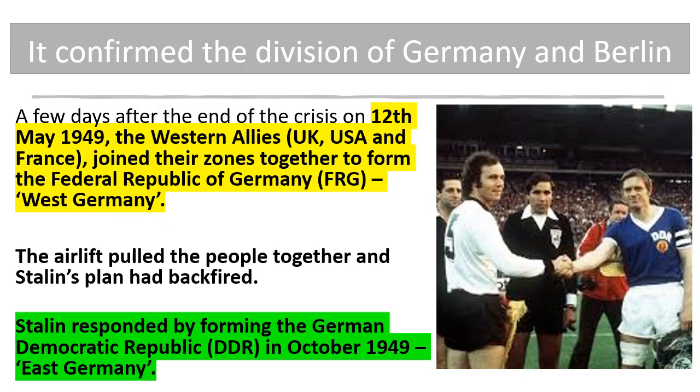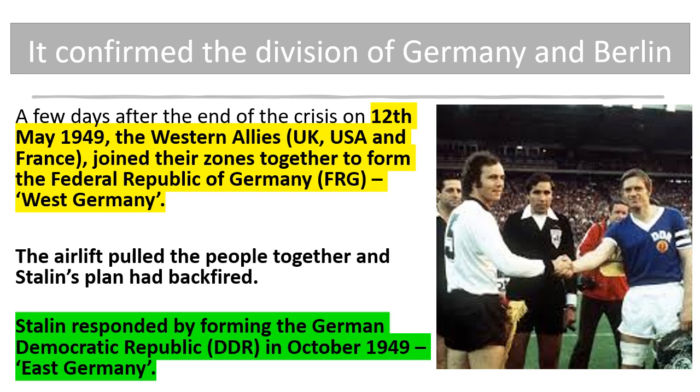Eventually, it had to stop, because by May of the next year, 11 months later, Stalin realized it's pointless. It isn't working. This blockade is just being superseded, overcome by the Allies. They've got the money and the pilots, the food to fly in. He can't stop that. Okay, so the blockade is lifted, and in response, he forms the official government of